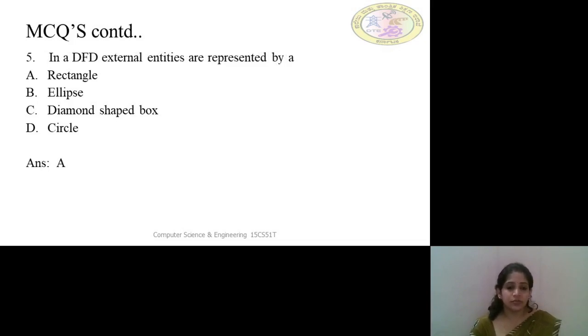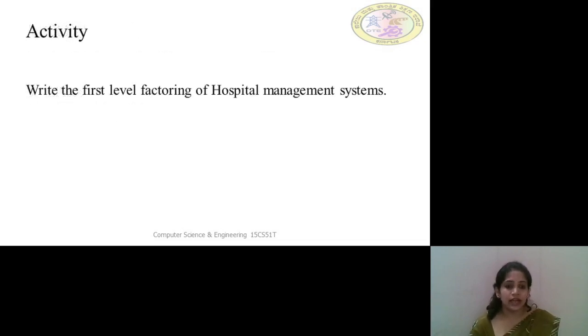The diamond shape is usually used to show the conditional check, whether it is true or false, for decision making purpose. So ellipse will not be used and circle will not be used. So the external entities are mainly represented with the help of a rectangle.